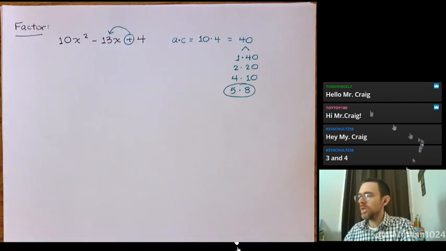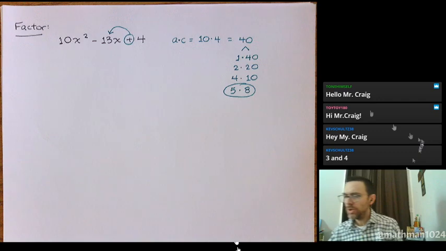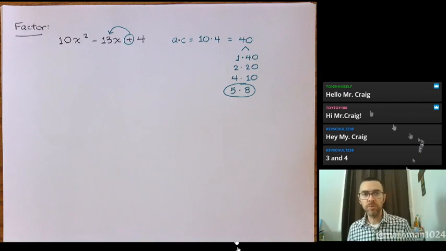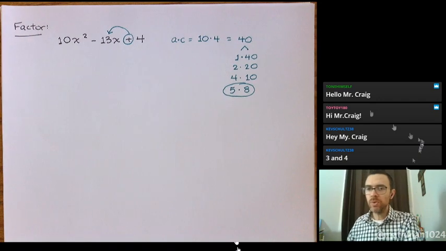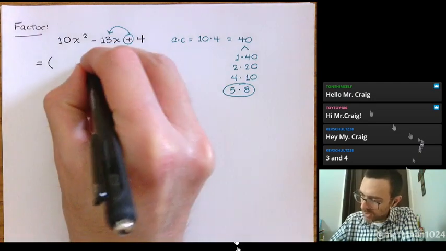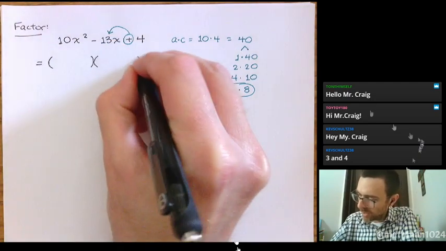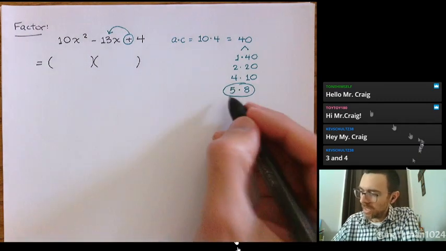Okay, so you've got a couple of different ways of doing this. You can do the box method like we were doing before. You may split up that middle term so that you can do factoring by grouping, or we can do the method that I was just showing you. So let me do my method first, and then we're going to go back and split up the middle term so that you can see that it's all the same. So remember, my method goes ahead and it's going to take the 5 and the 8,